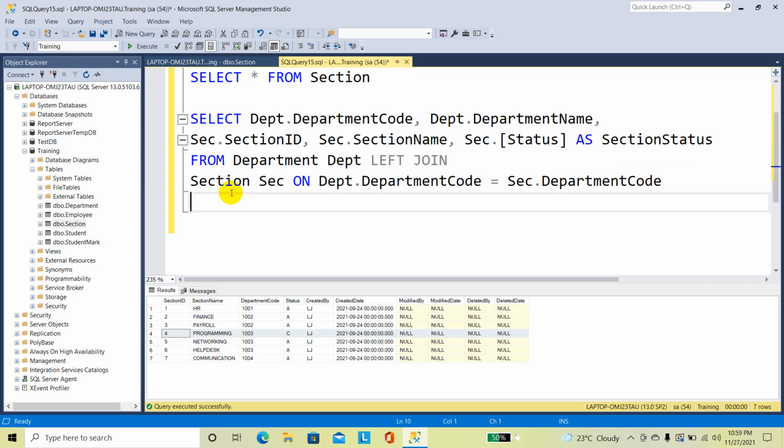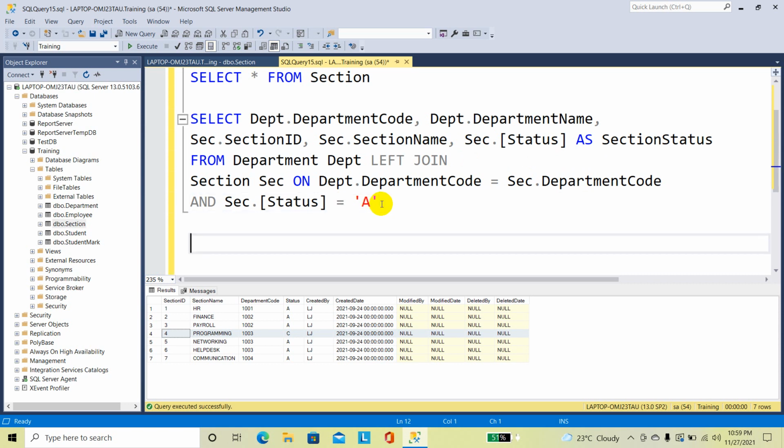Section status. Here I am going to select all the sections with the active status. So I'm going to give AND section status is active.